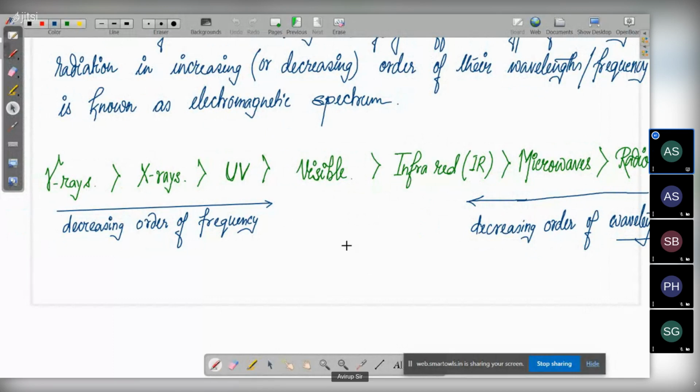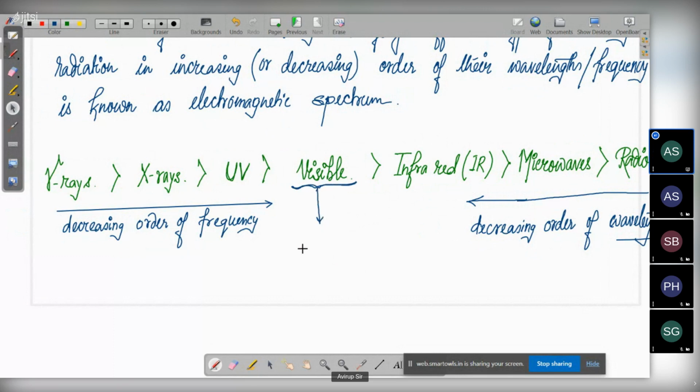Obviously, if you have observed well, at the head of the remote there is a small glass bead kind of thing, which you need to project toward the TV in order to change it. So that is the infrared emitter. Okay. Then visible light is only the small portion of light which we can actually observe. So the visible section is the only one which can be observed by us.